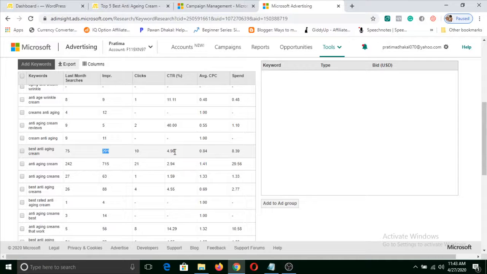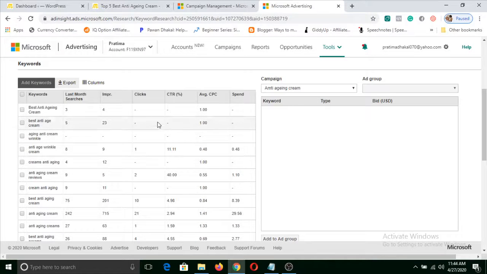And the amount of bid is 0.84. You don't need to bid that high. And the total amount spent on this keyword was 8.39. I'm just giving a brief overview. It is not that important.